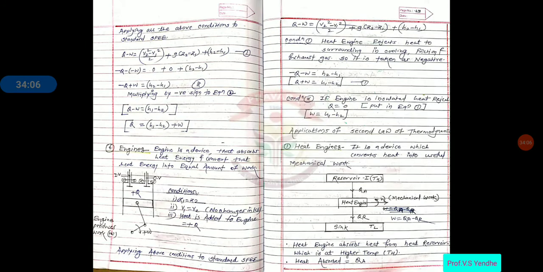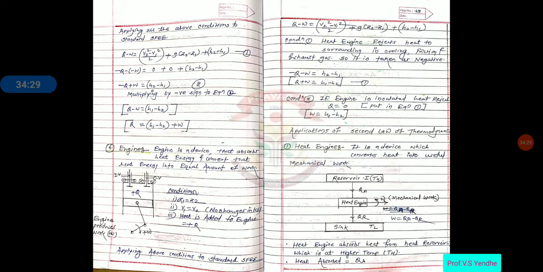Work is consumed, that means W is equal to minus W. No changes in KE, so V1 is equal to V2. Applying all these conditions, we will get finally minus Q minus W is equal to 0 plus H2 minus H1, so after changing the sign, Q plus W is equal to H1 minus H2, so that Q is equal to H1 minus H2 plus W.